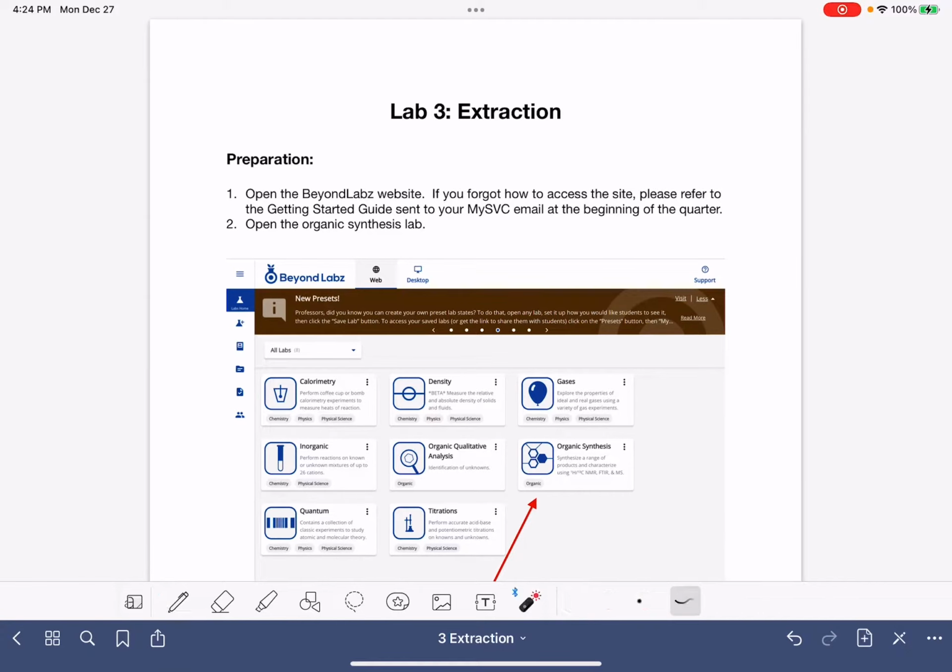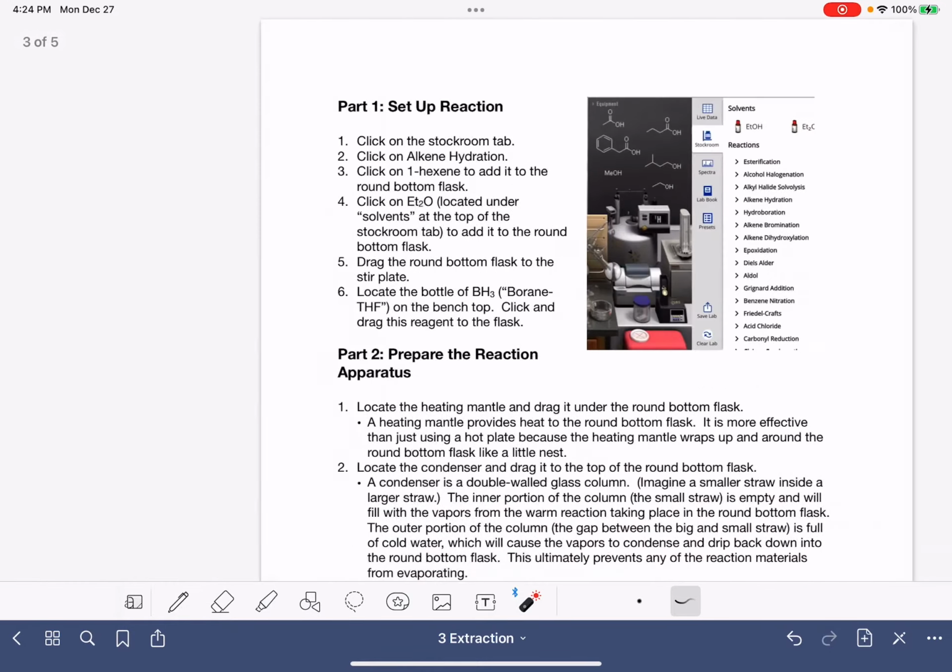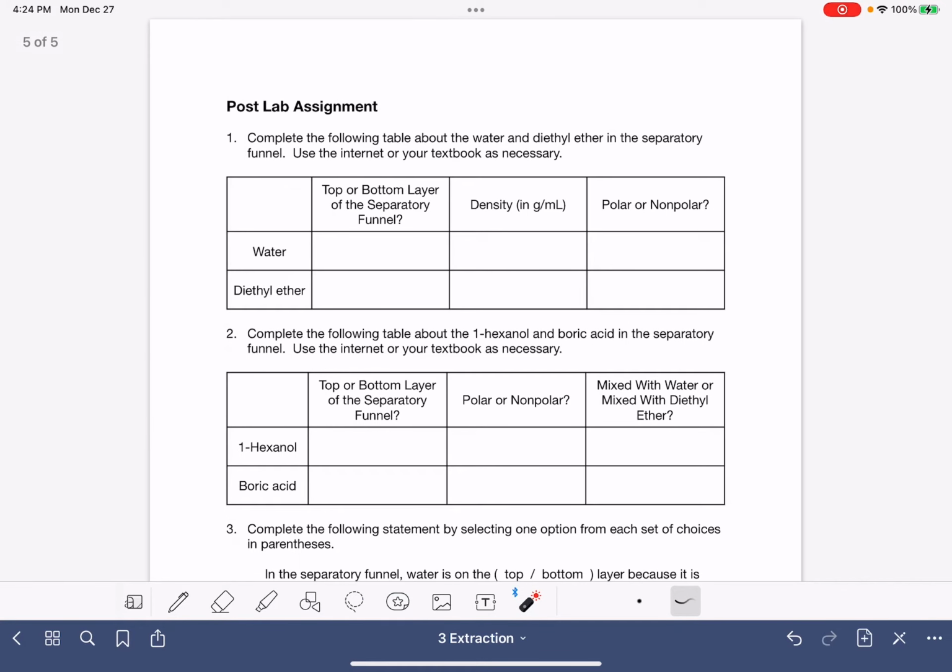Walk you through the post-lab assignment for Virtual Lab 3, the extraction experiment. So the first two questions on this post-lab assignment are pretty similar. They're asking you to locate the position of water, diethyl ether, hexanol, and boric acid in the separatory funnel. So I'm just going to sketch a little separatory funnel up here, and in the simulation, in the experiment, you